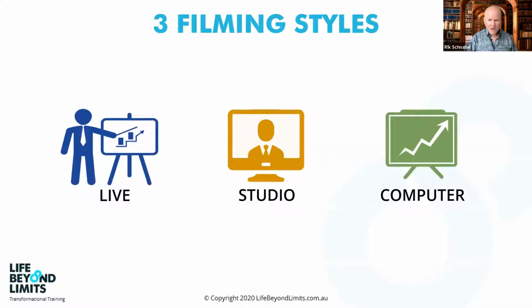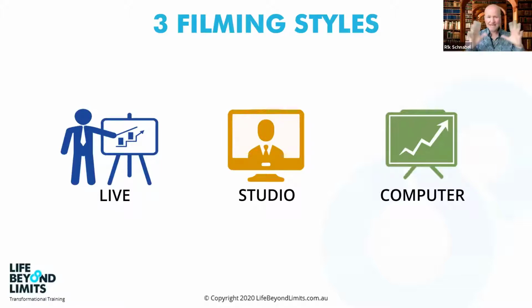So there are 3 ways that you can produce your content. You can do live, not so much in COVID times, but you can do live training, and you can film that live training and then edit that up and re-deliver that. So you can get paid for delivering the live training, and then you can keep getting paid for people who now do it online. Now, usually they will pay a higher price for your live training, and you can discount it for other people who do it online, which is a great way to basically double dip.